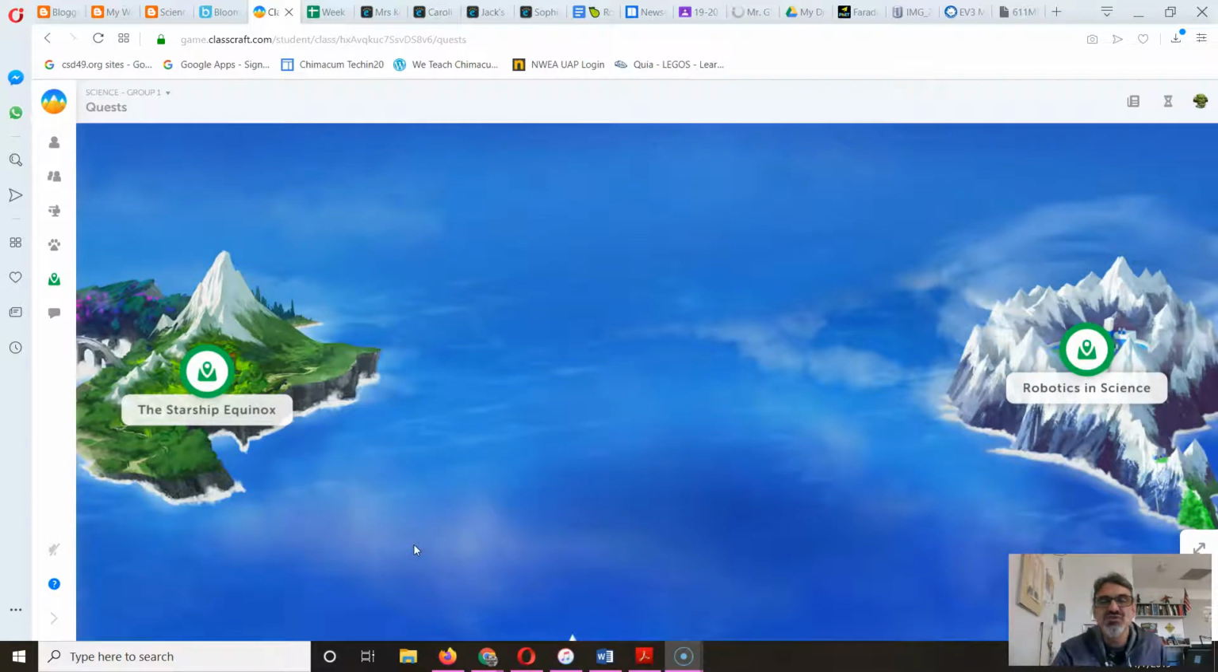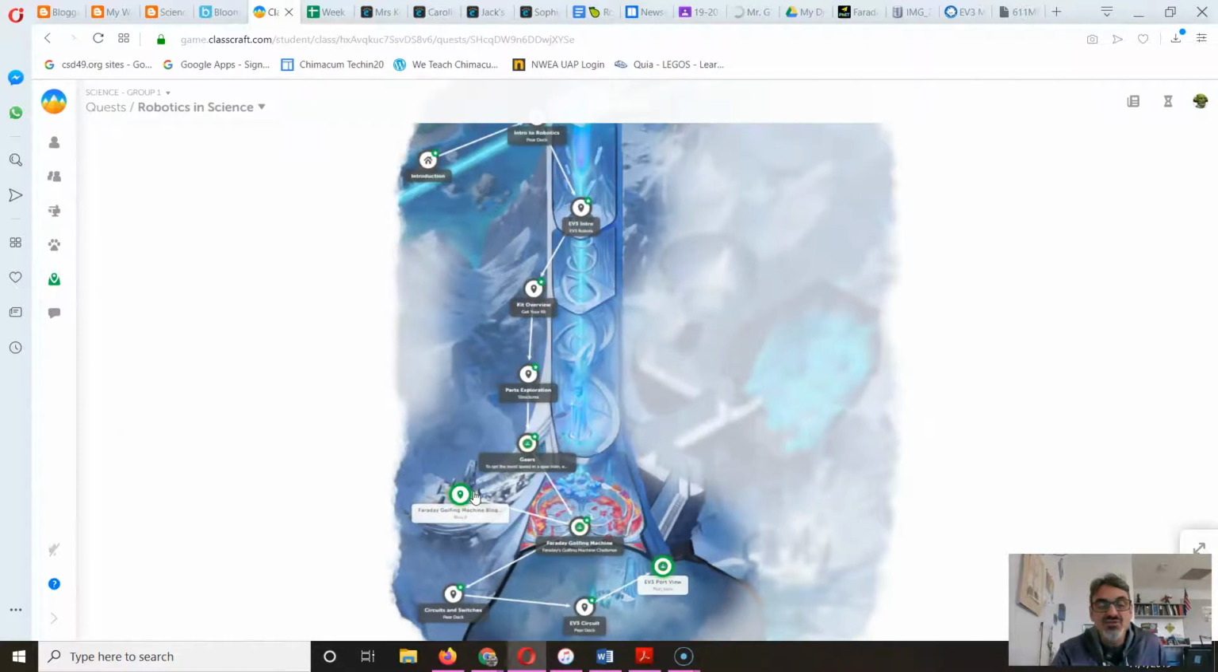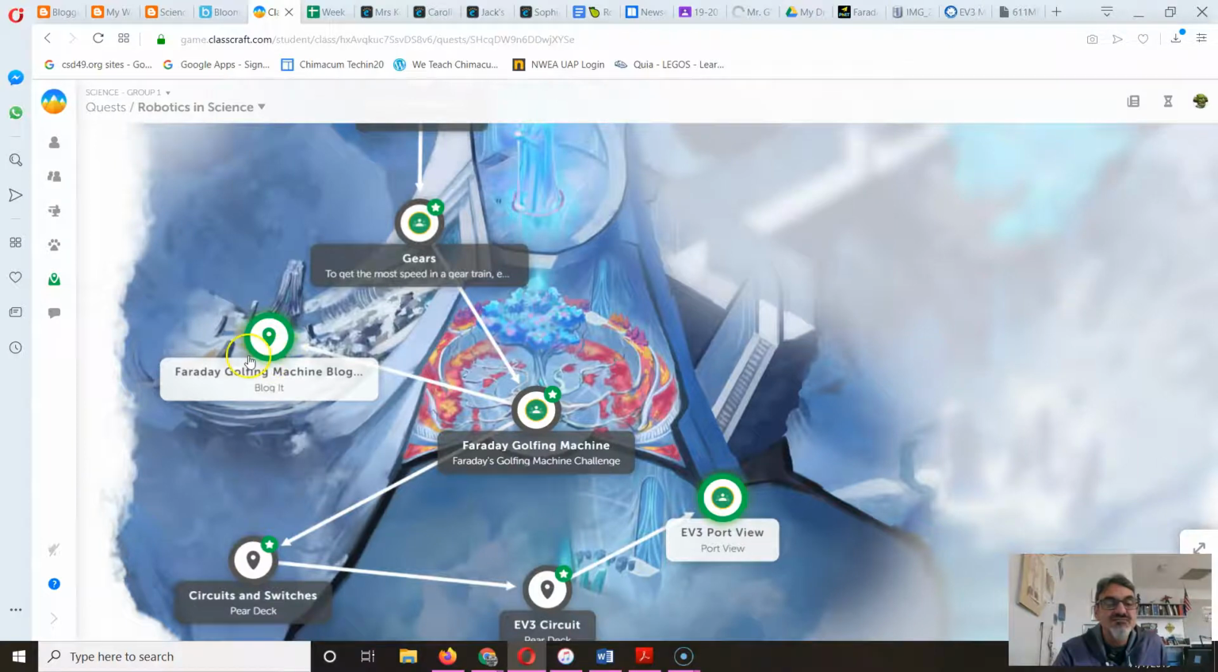So here's a review of what we've learned in class regarding Faraday. So if you go to Robotics in Science, and by now everyone should be on the Faraday golfing machine blog post. So if you're working on that and you're trying to remember, oh my gosh, what did we learn in class? Go back to Faraday golfing machine